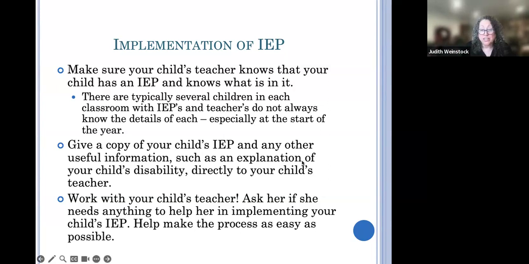And work with your child's teacher. I think that's really fundamental. I think we all try to do that for the most part. And ask if she needs help in implementing the IEP. Maybe she's a little frustrated because she's not getting support. Maybe she doesn't have the training. Maybe she notices that the one-to-one aide doesn't have the appropriate training. It's always good to build up a rapport with the people on the front lines, because they're your insight. They're your eyes of what's actually going on in the classroom.